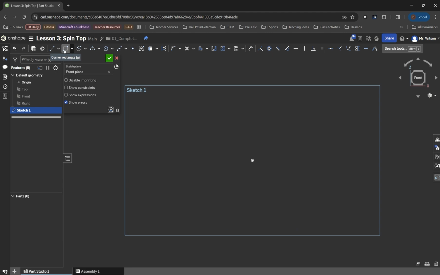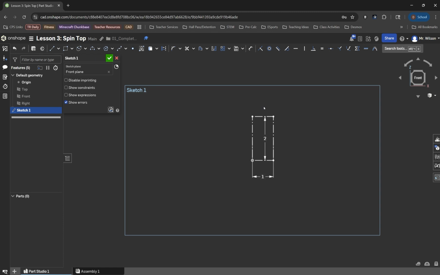So if I go into my rectangle sketch tool and click on this construction, as I draw my rectangle, you'll notice that there's a different style line. That is a construction line. So I'll make that, say, 1 inch by 1.5 inches. Let's go ahead and make that a little bit. All right. So what construction lines do is